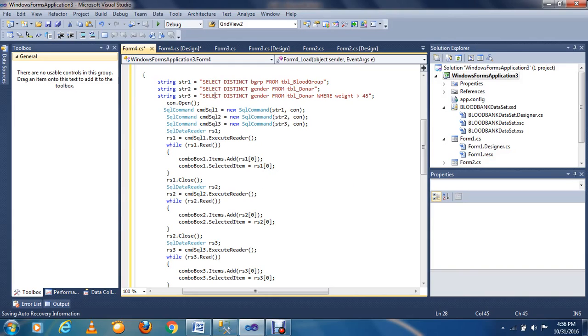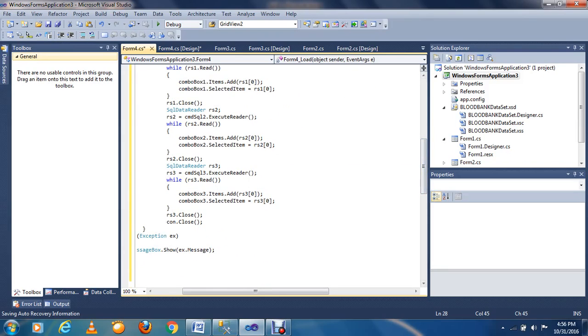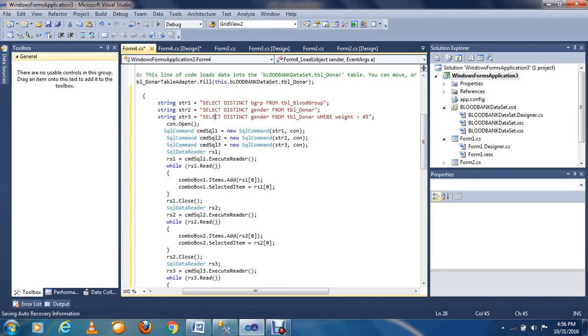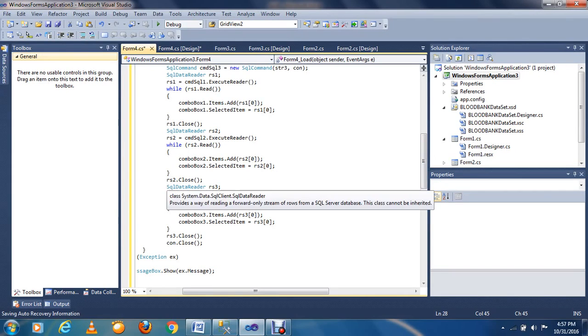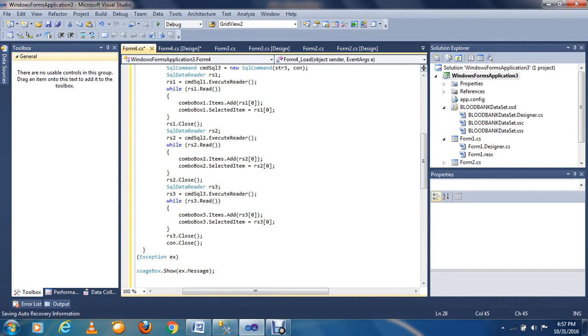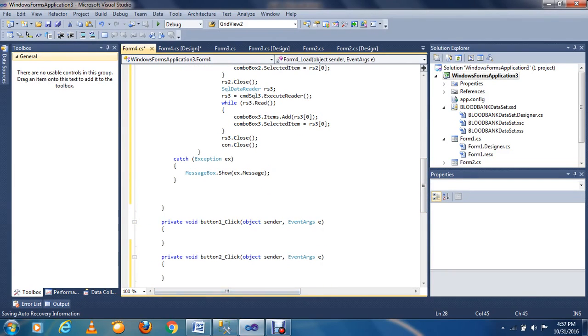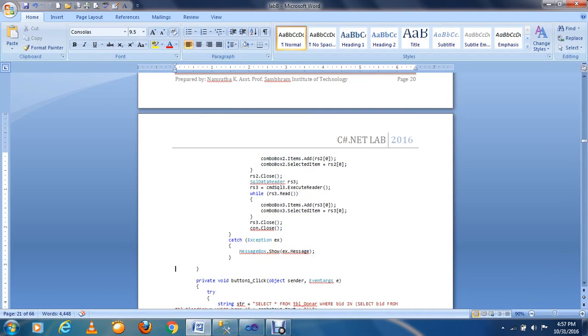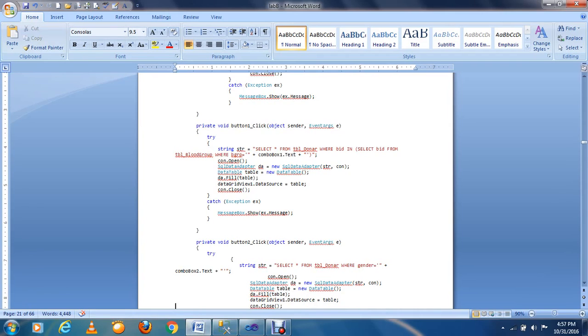Then next we are closing the first query. Then second data reader. Then second SQL query is listing gender from table donor. So just we are executing that. We are giving that selected column here. Then we are closing. Then same for the third query. Then we are catching the exception if it is not run. Then for submit button,